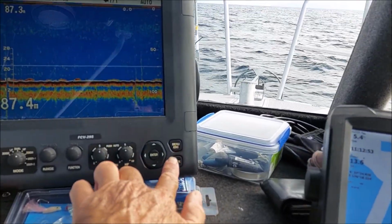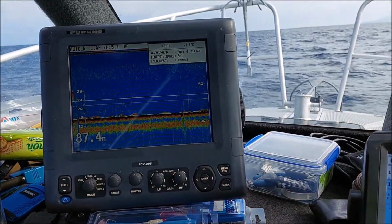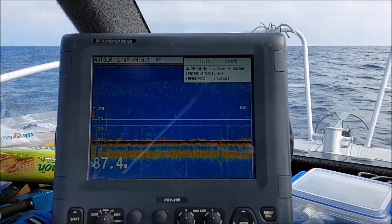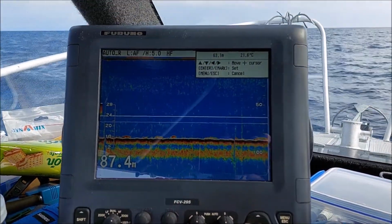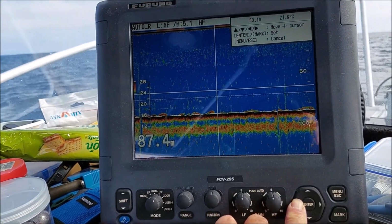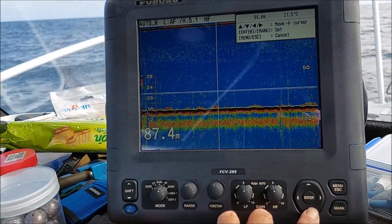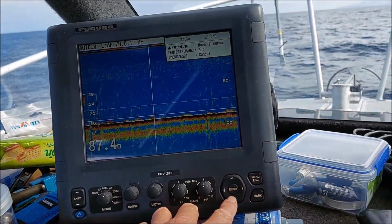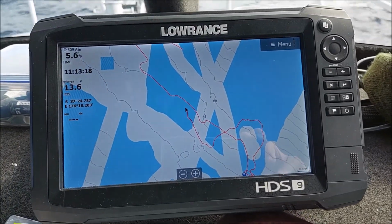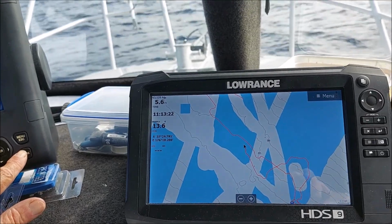I hit the mark button on the Furuno, it actually locks the screen. You can see the screen's locked. Now if I move the cursor on there, you should be able to see it moving down there. There's a little bit of colour on the bottom, you need a proper sign. I'm going to put it on that sign. If we go over to the Lowrance plotter, see what happens if I hit the mark again on the Furuno a second time,